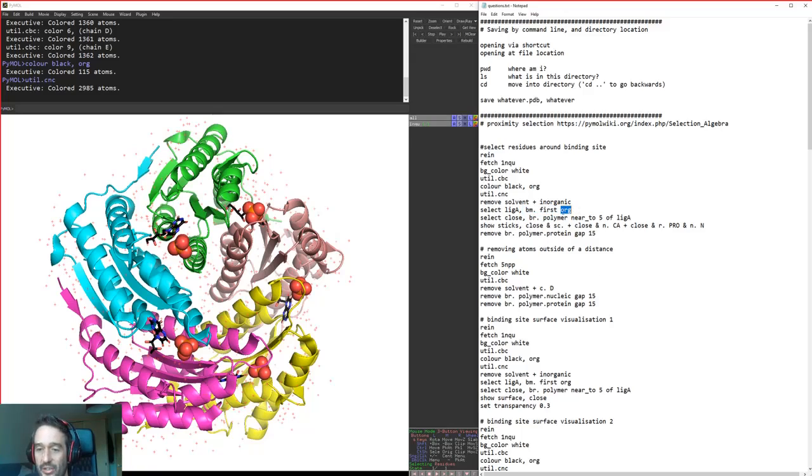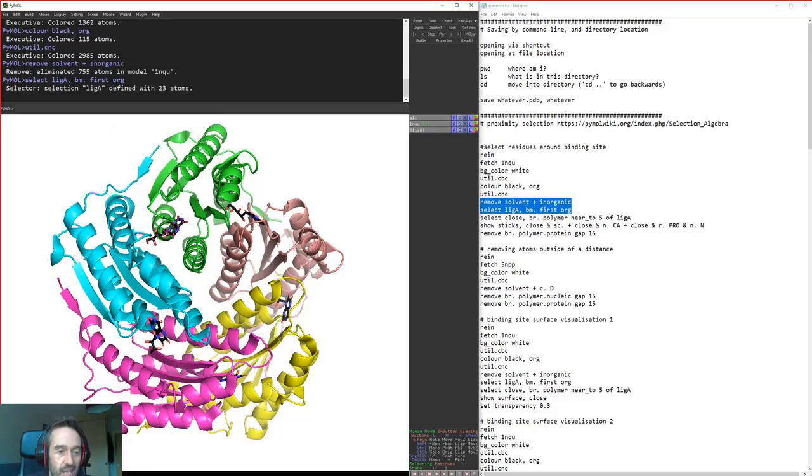This is just a little shortcut here to select a ligand. So here we're going to select the organic molecules. We're going to select the very first atom of our selection organic molecules, and then we're going to expand that to the first molecule. So this is just a little shortcut so that I don't have to click on one of these guys. It just means that this way I can select a single organic molecule rather than all 5 of them in this particular example. And so I've called that organic molecule ligA as a selection,